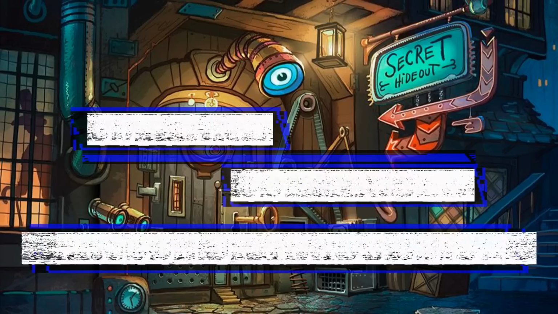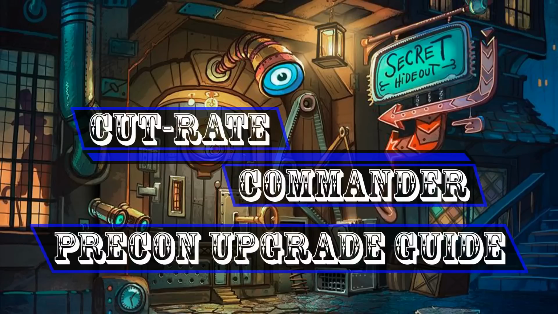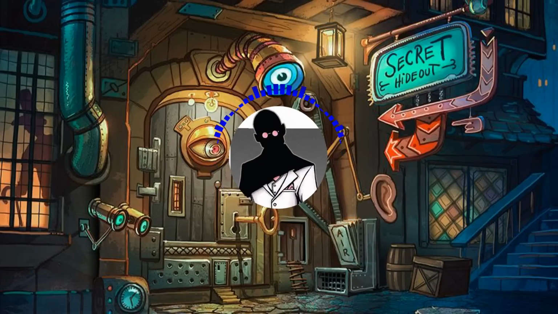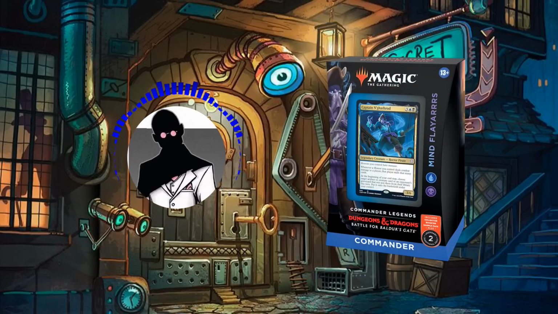Hello everyone, and welcome to another Cut Rate Commander Precon Upgrade Guide, the series in which we take a look at Precon decks and bring them up to cut rate standards. My name is Grazzet, and today we'll be looking at the Mind Flayer Precon from Battle for Baldur's Gate and its face commander, Captain Ghathrod, which we'll be bringing up from its roughly $40 price point to an increased budget